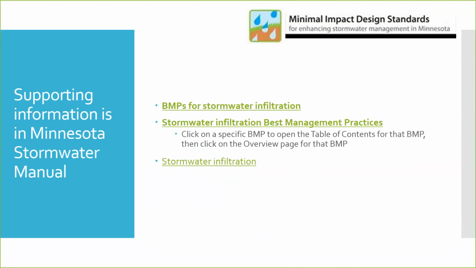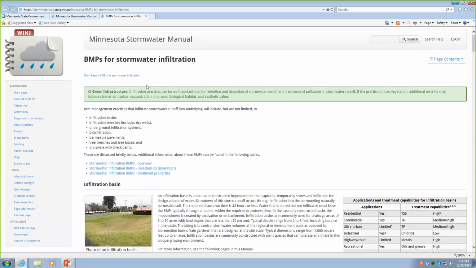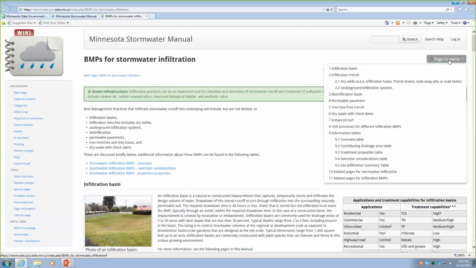Supporting information in the manual, there's 3 basic pages that have good information. There's information throughout the manual on infiltration, but these 3 websites in particular focus on stormwater infiltration. This first one here provides BMPs for stormwater infiltration, and it walks you through each of the best management practices